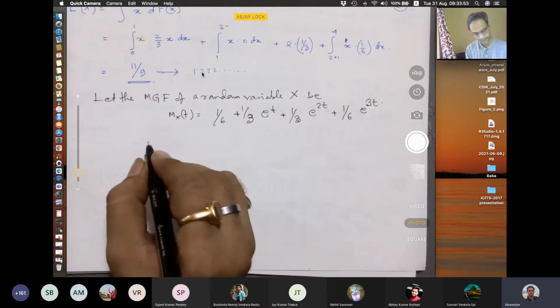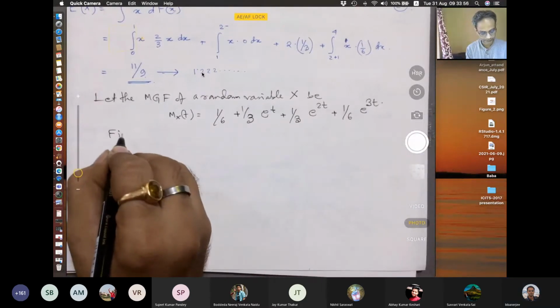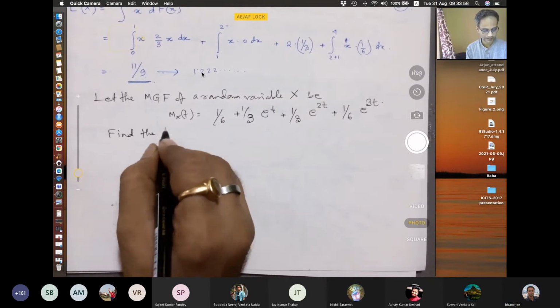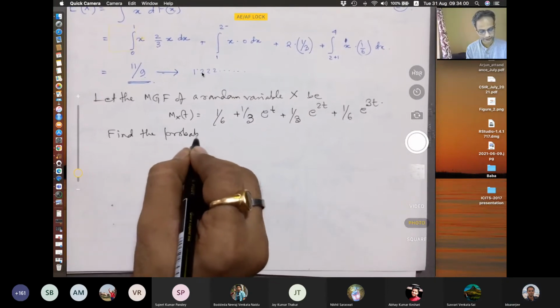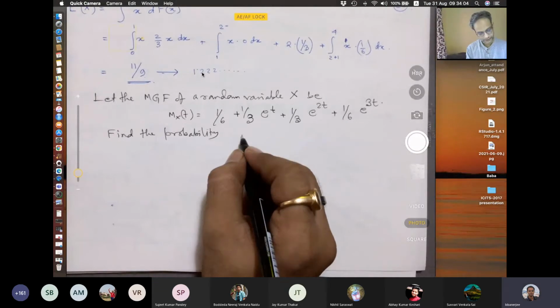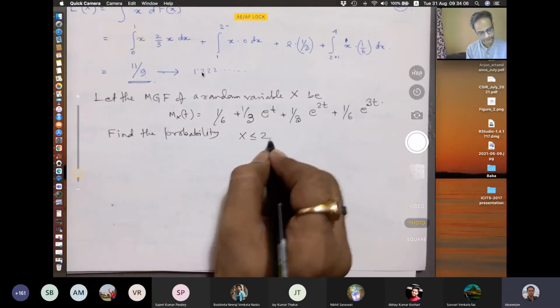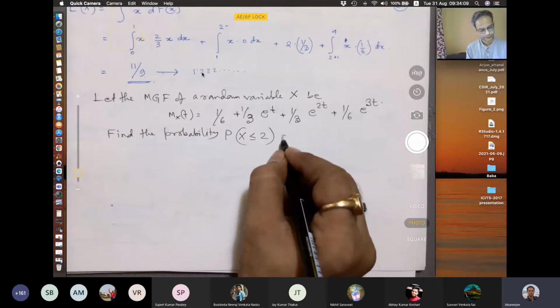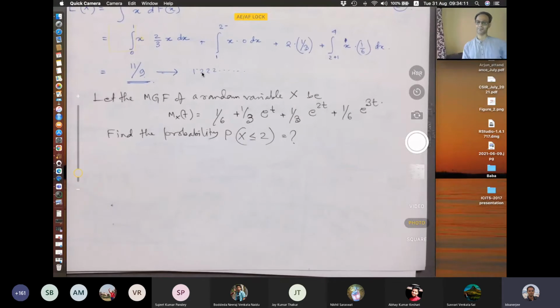Find the probability that X is less than or equal to